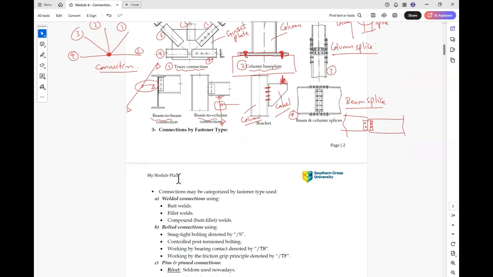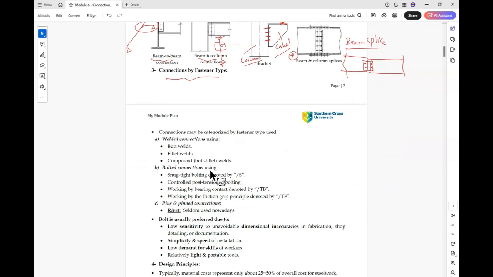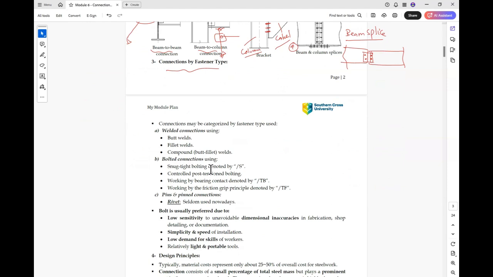And the third point is connection by fastener type. So some classification according to the fastener type. According to the fastener type, the connection can be classified into 3 types. Welded connection. We have 3 types of welding: butt welds, fillet welds, or compound, like a mix of butt and fillet welds, or bolted connections using snug tight bolting,